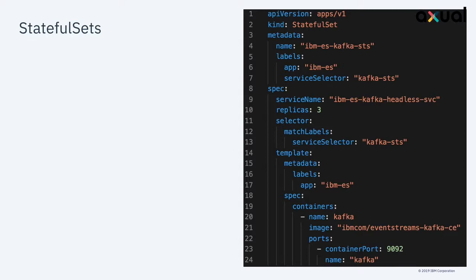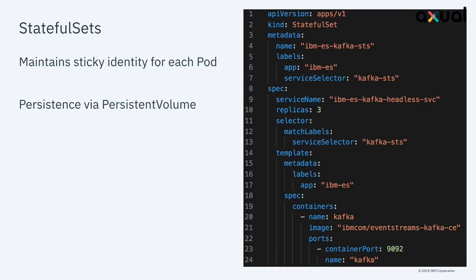Instead, what you want is something called a stateful set. You can see here the kind at the top is set to StatefulSet. The key piece for a stateful set is that when it stands up its pods, it maintains a sticky identity for each pod. The pods get an ordinal number, it's called. So if I have 3, I'll have 0, 1, and 2. And they're specifically designed, the key is in the name, to be stateful.